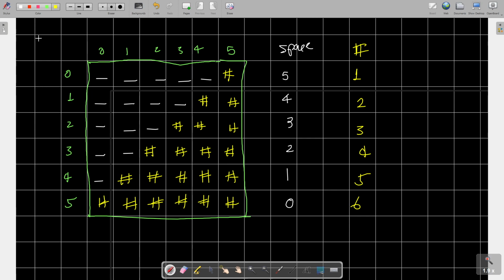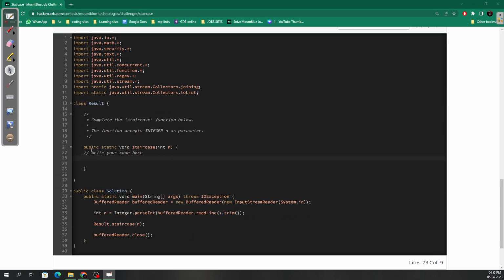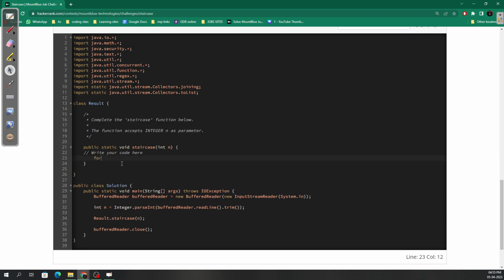Let's go in the code and understand that there itself. So yeah, let's go and code this. So we can start coding here. We'll be running two loops, that's for sure. For int i equals 0 and i less than n, then i plus plus,